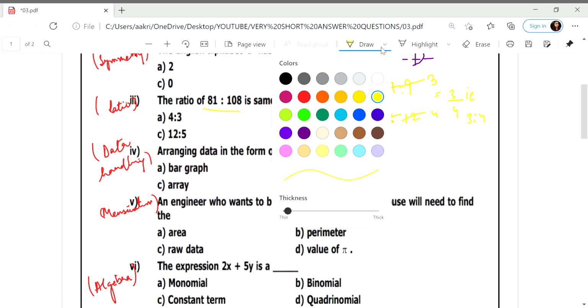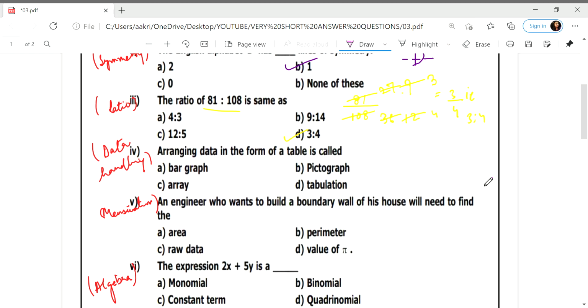Fourth question. Arranging the data in the form of table. Now whenever you arrange any data in the form of table is called tabulation. It is called as tabulation. Now what is a pictograph? When it is in the form of pictures, when you arrange the data in the form of pictures. Bar graph, when you arrange your data in the form of bars. Right? Alright. Let us move to the next one. That is,